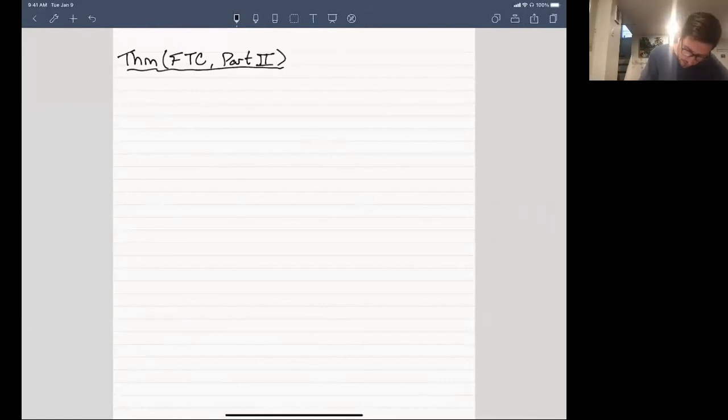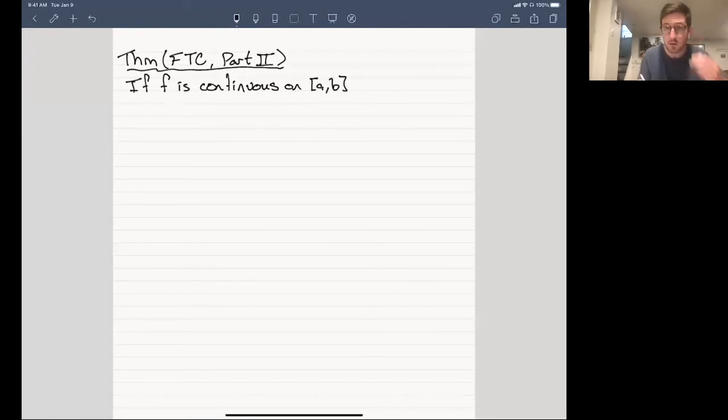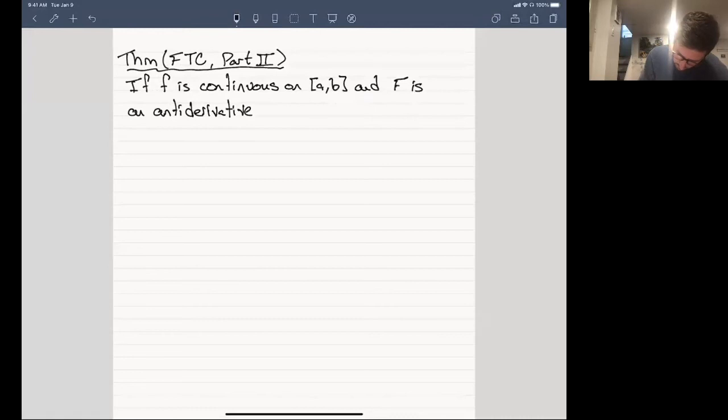We're going to say, again, if f is continuous on [a, b], so the same assumption as before, and capital F is an antiderivative of little f, so that means that if I take the derivative of capital F, I get little f on this interval. Then